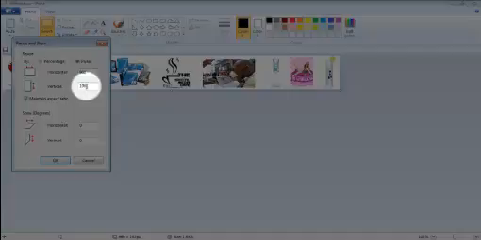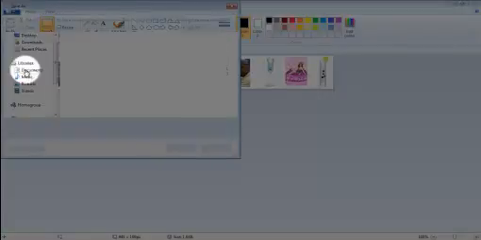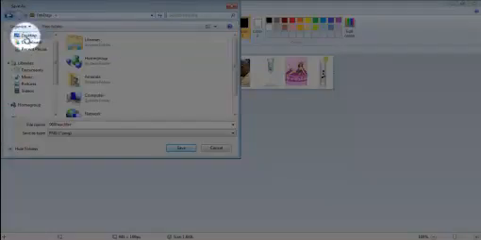I'll just change that to 100 because it shouldn't distort it too much. And then if we do File, save it wherever you're going to remember it. So if I just add it to my desktop